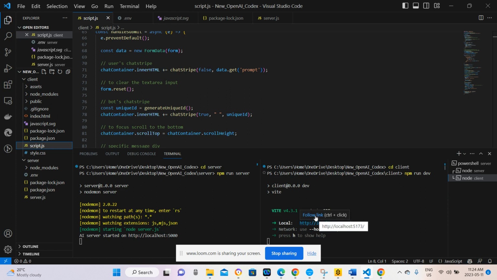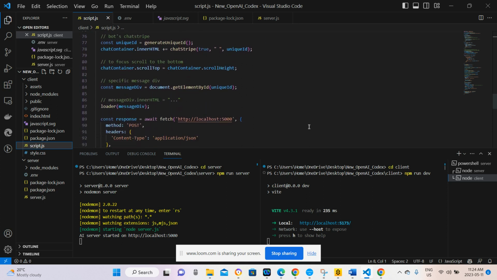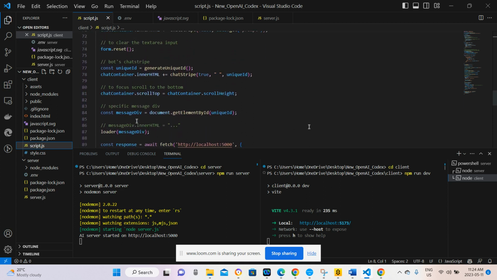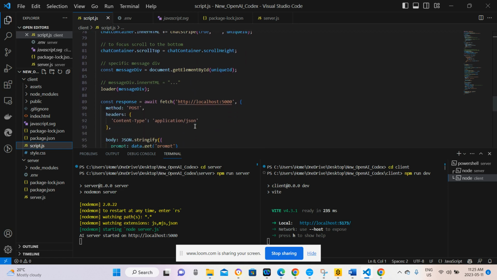So let's get started. Before I show you, I'd like to show you a little bit about the code. So here you can see a few scripts, message div. These are basically front end scripts to ensure that this actually responds and fetches the API, which is in the backend, so that it can actually work and give you the prompts. So first prompt